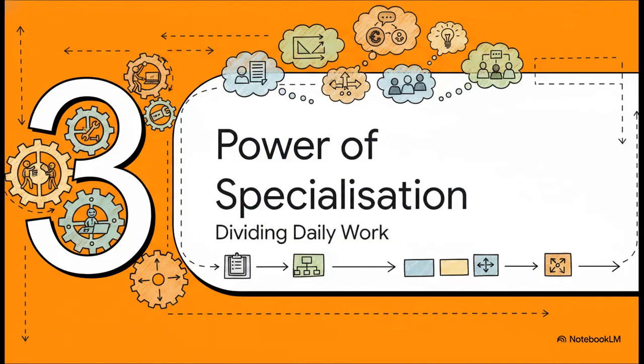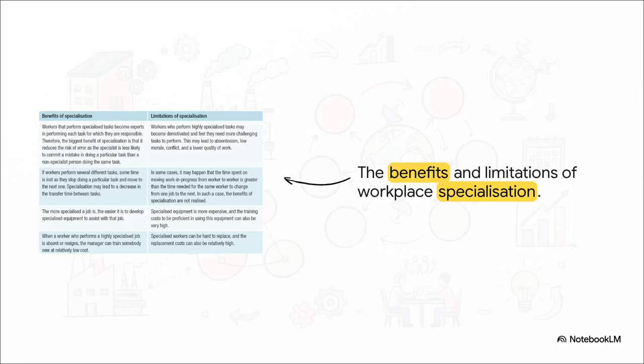Moving on to Section 3, the power of specialization. Specialization is a really fascinating double-edged sword. On one hand, having a worker focus on one highly specific task makes them a fast, error-free expert. Sounds great, doesn't it? But the flip side is that highly repetitive tasks can completely crush morale and lead to burnout and absenteeism. And if that one hyper-specialized worker leaves, replacing and retraining them is a massive, incredibly expensive headache.